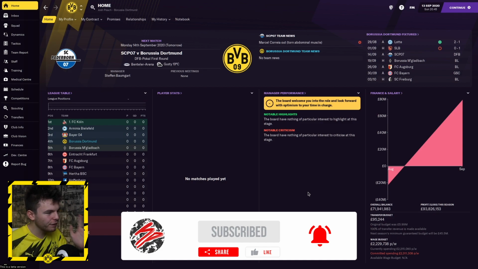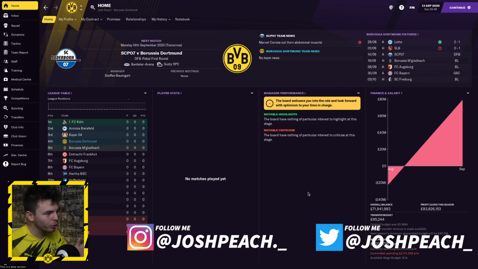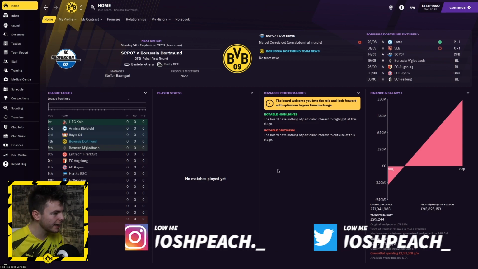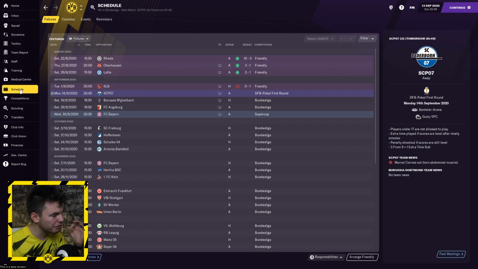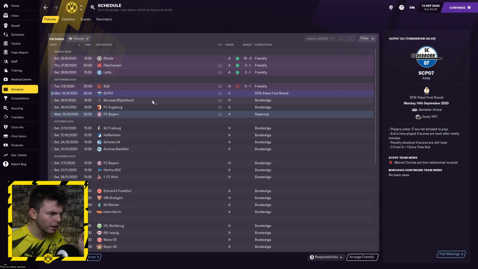Today we have the first games of the series. We're playing Paderborn away in the Pokal first round, and then we head to Bundesliga action where we will face Borussia Mönchengladbach in our first game at the Signal Iduna Park in the Bundesliga. So it's quite a tough test, to be fair, our first league game, but we start off with Paderborn, as we said,